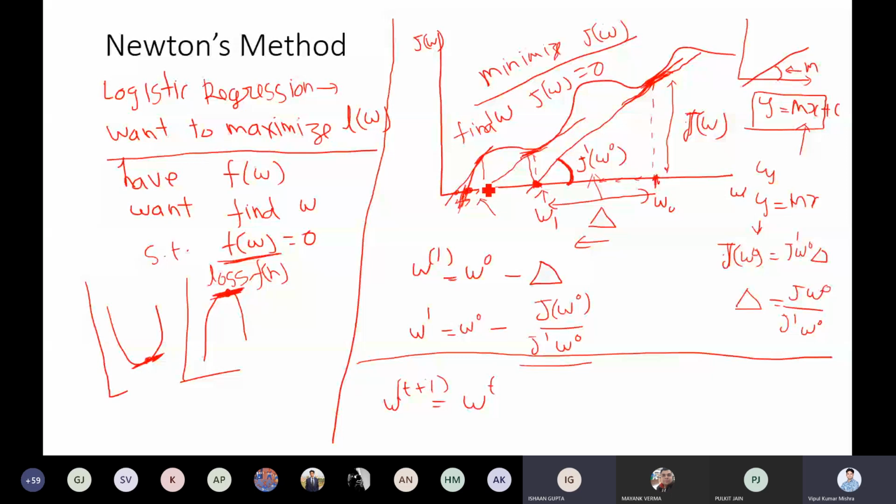Okay, so now the formulation is saying Hessian inverse, and here you have del of W L. This is simply your derivatives, a vector of derivatives. Okay. Then sir, will tan inverse not be applied here on J of W upon J dash? Where you replaced the value of delta in the equation, tan inverse will not come along. Now if you look into this formulation, we do not need it.